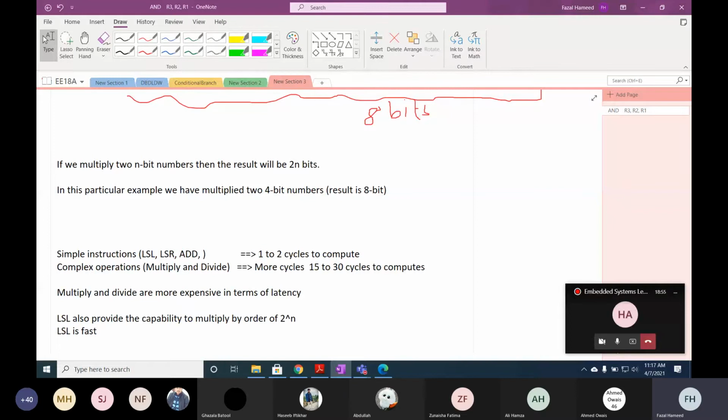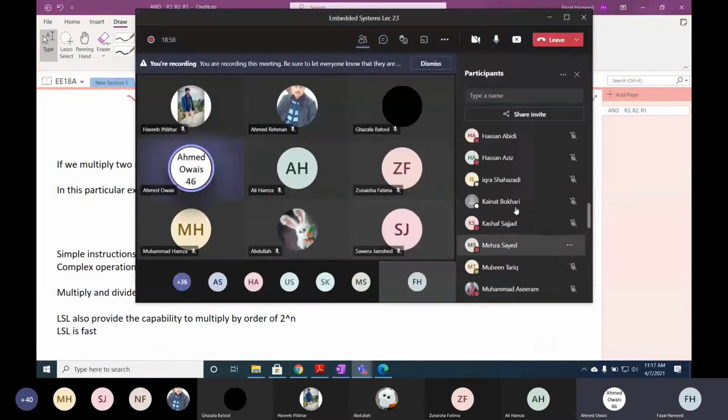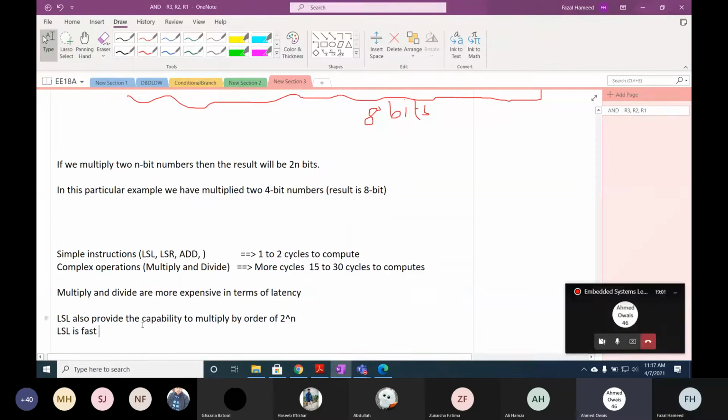Why is it fast? I can't hear you. Sir, fast because its cycles are less, 1 to 2. Yes, fast because it requires less number of cycles